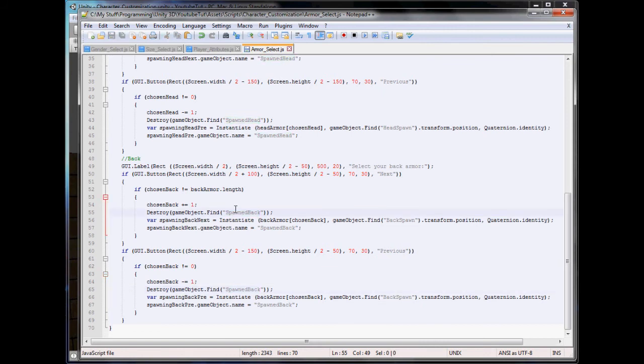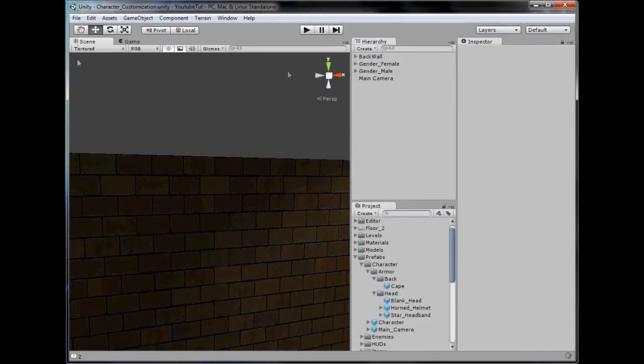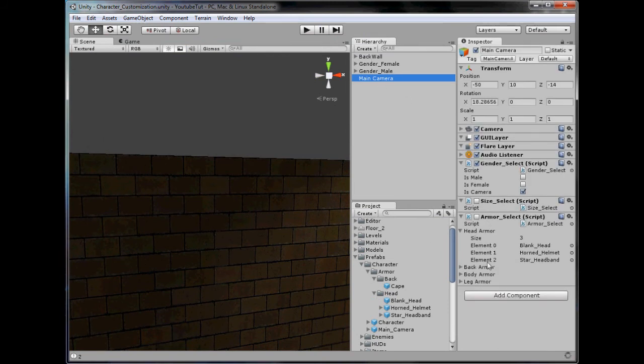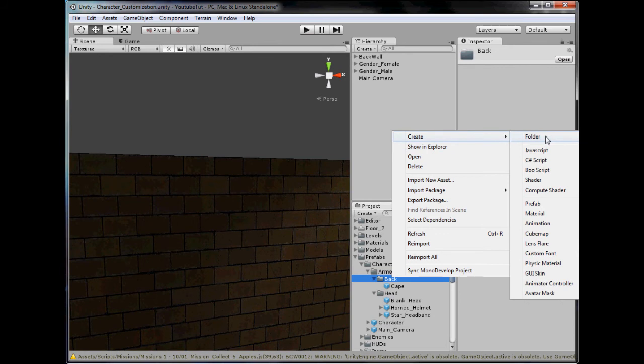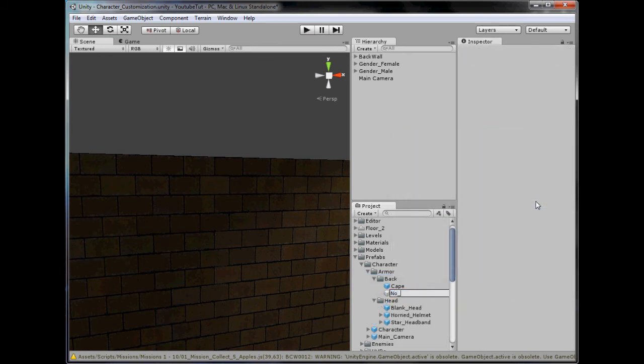There we go. So just like that, it'll spawn it and then align it. So before we play, let's actually assign some cape armor, even though you can't have cape armor. So make it equal 2 because we've got blank and then none. So we can assign the cape prefab, and we'll put on here new prefab, no cape, no back,